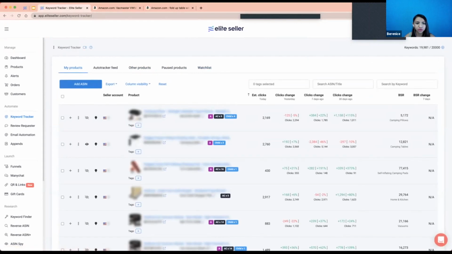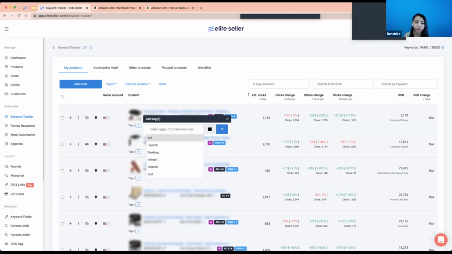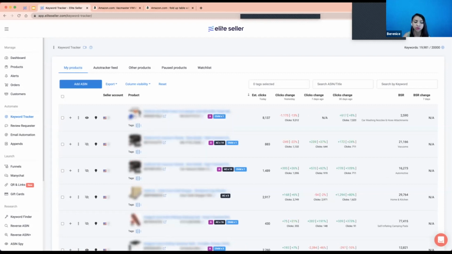And I want to show you the tags, because not all of our users are using the tags, but the ones that are using them are having a lot of benefits from doing so. What can you use the tags for? You can tag, let's say if you're selling some seasonal products, let's say this is only the line for the Halloween products. Okay, you can tag them and filter those products, and now it's the best time to